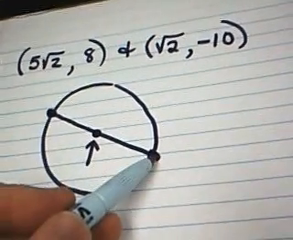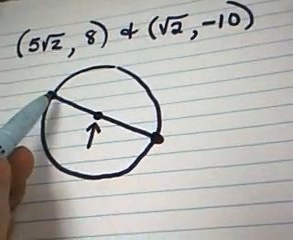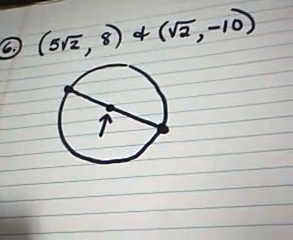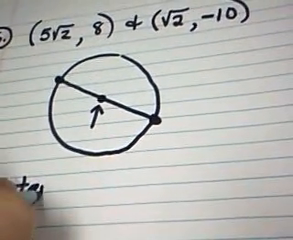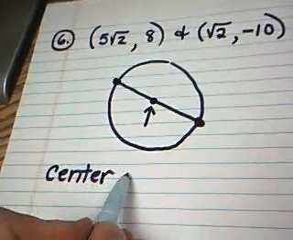The endpoints lie on the circle. It passes through the center, so the center would be midway between the endpoints. So we're going to use the midpoint formula to find the center. And the midpoint formula, in order to find the center of the circle,